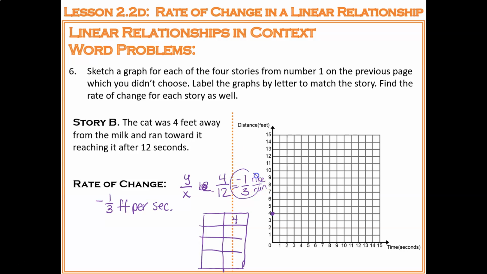This is our road map, okay? So we're going to go down 1 because that's -1 and over 3. And then keep going like that. Down 1 over 3. Down 1 over 3. Okay? So it's hard to tell exactly where it is after 1 second, but we know that after 3 seconds,